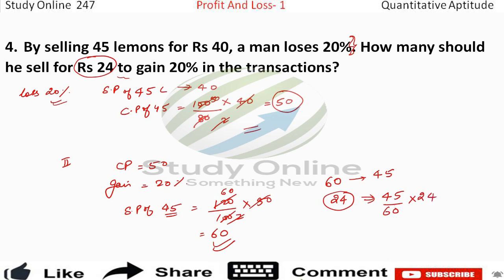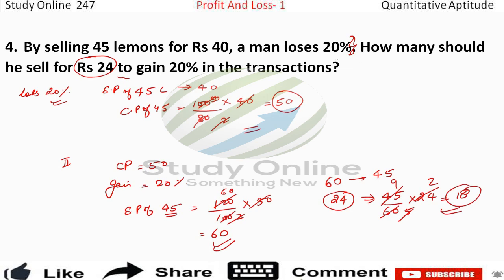He would buy 45 upon 60 into 24. You can cancel it by the 15 table, or you can cancel it with the 12 table. 12 fives are 60, 12 twos are 24, 5 ones are 5, 5 nines are 45, 9 twos are 18. So 18 is the answer. So you can repeat it once again.